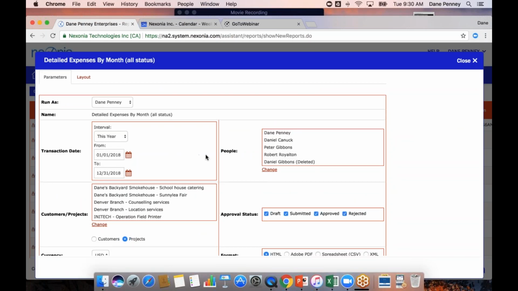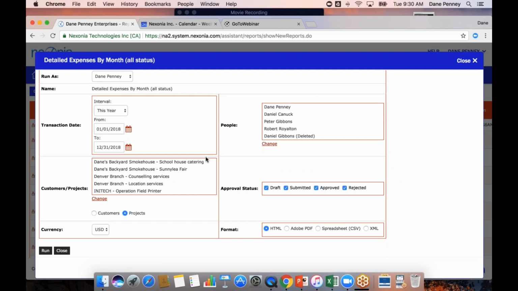So this is again the functionality of a drop-down menu. And we, by the way, during implementation, would work with your account admin team to set up canned reporting for you based upon your requirements. So if you said you'd like to know how much airfare you spend in a year, or how much you spend on entertainment, whatever it might be from an expense perspective, you have the ability to create these reports, and we'll show you and train you how to actually do these reports and set them up for you at the time of implementation, show you how it works, and then if you have any questions, we have our live support team,